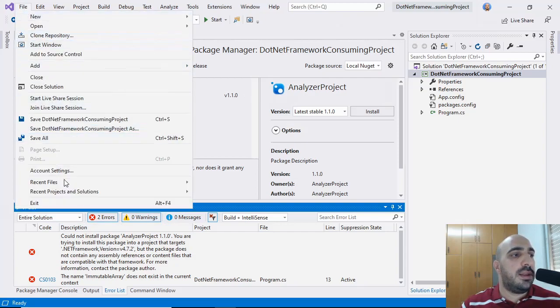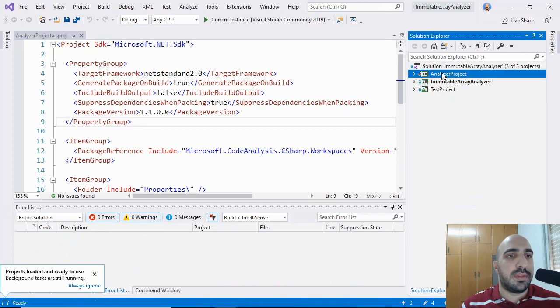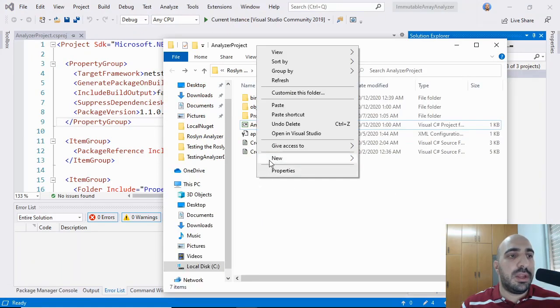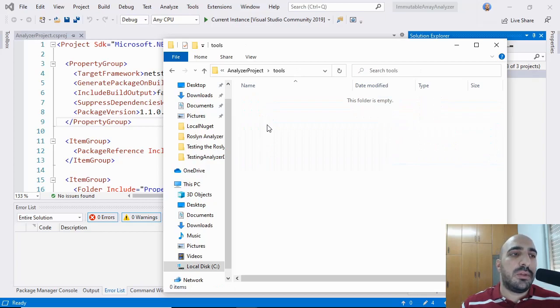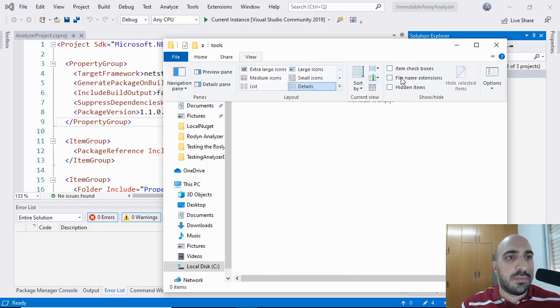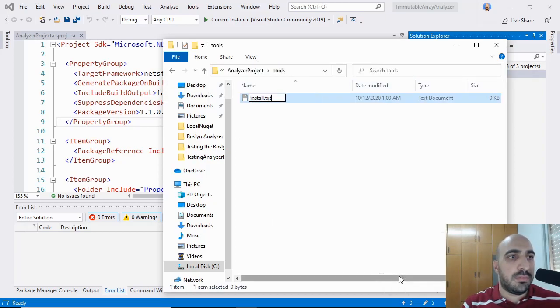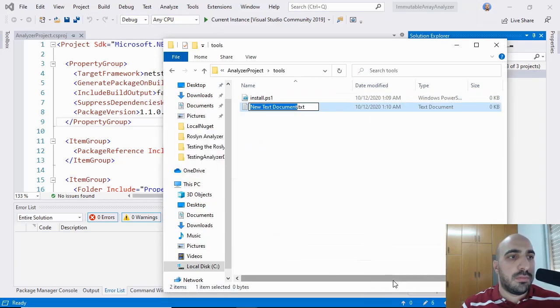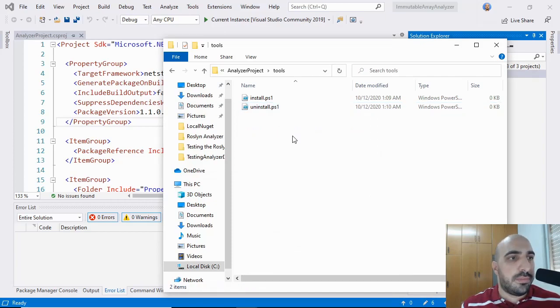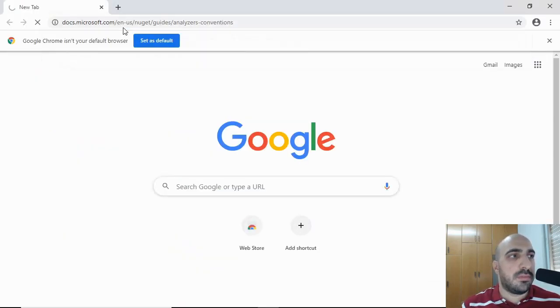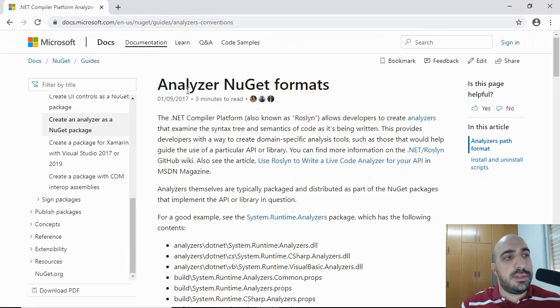I'm going to go back to the analyzer project, and here I'm going to create a folder called tools, and inside it I'm going to create two PowerShell scripts, install and uninstall. Okay, so this reference from Microsoft describes many of the details I showed you so far.